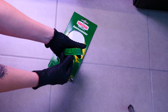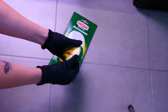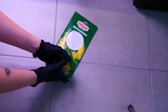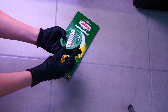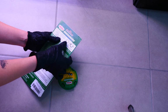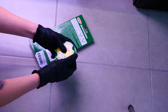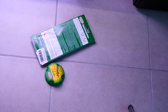Goodness, I'm gonna destroy my nail. Inside and then outside. What is happening? I'm not that weak, I promise you. It's just, it really is destroying my nails. But that's what the instruction says. Push them in, then pry them out. I push them in and then out. No, I'm gonna destroy my nail. I need, like...